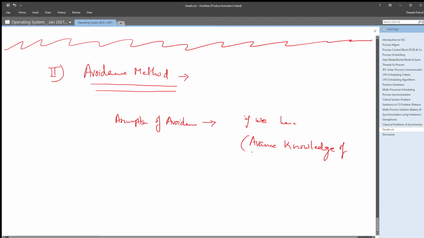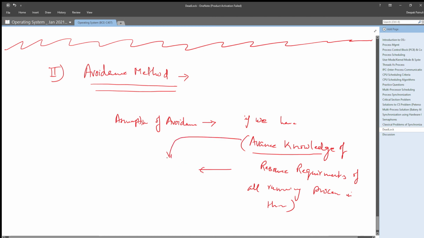Advanced knowledge of resource requirements of all running processes in the system, then we can design a system where we can use this advanced knowledge of resource requirement to develop a sequence of